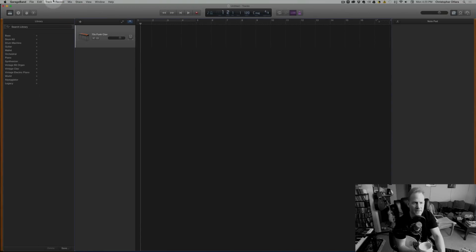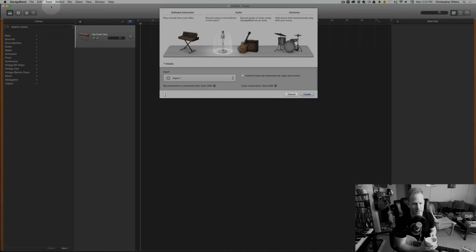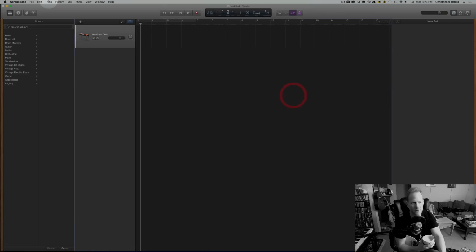So let's start a new track here. Let's get a new track going. Now, when you select a new track, you can do it a couple of ways. Let me cancel that out for a second. You can go up into this new track area. You can see the keyboard shortcuts for that. Another good keyboard shortcut is this one here, which is new track with